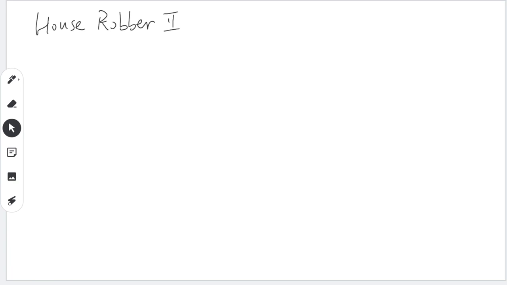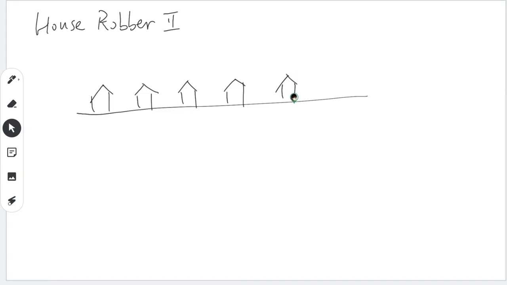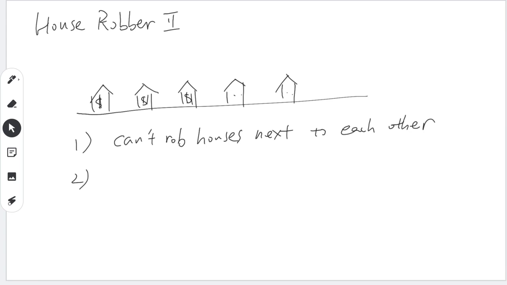House Robber 2 is a slight extension of House Robber 1. Remember from the previous question, we have houses on a straight street with some money in each house, and a robber can rob any house except the houses that are next to each other. In this question, the houses are located in a circle so that the first house becomes connected to the second house,